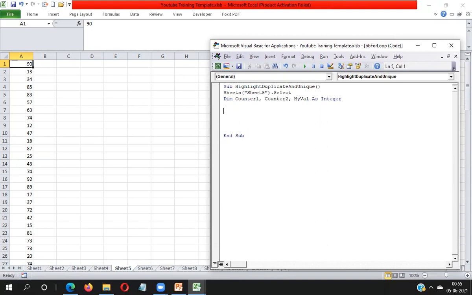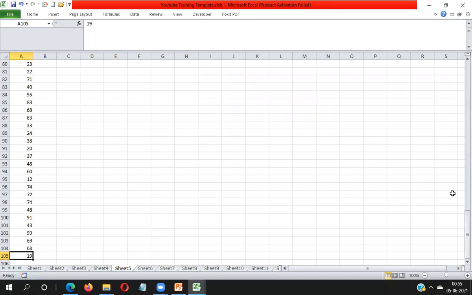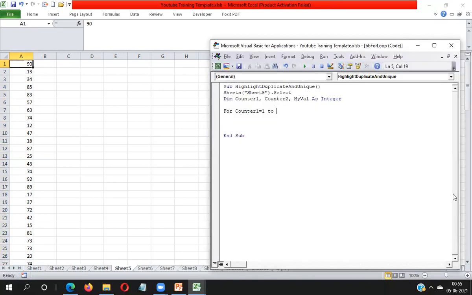So let's see. For counter1 equal to 1 to, how many data do we have? I'm removing the extra data and taking 100 data. So here we have 100 data, so I'm executing my loop 100 times, and I want to store this value in my variable, the myVal variable.